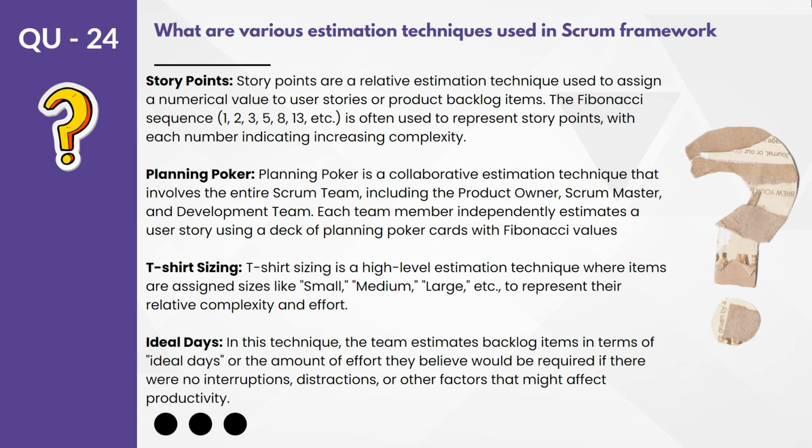If from the cards we are able to derive a majority, if so many people have given the estimate as 3, suppose out of 5, 3 people have given 3, and the other 2 people, after the discussion, also agree on 3, then the story will be taken as 3. So that is the idea for planning poker. It is also done online through Jira.